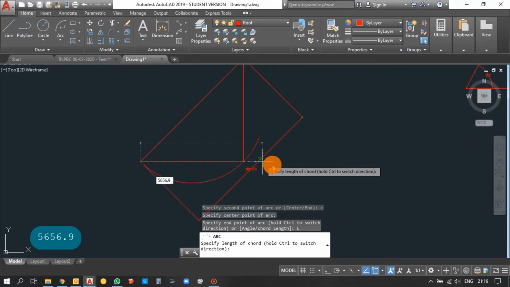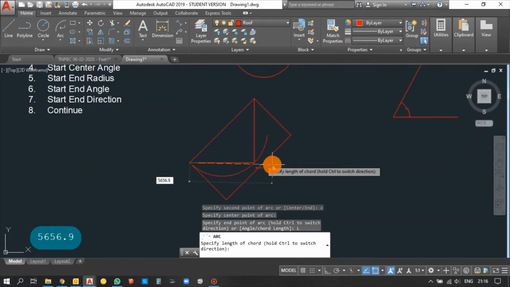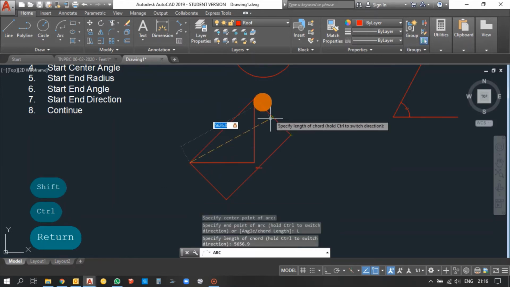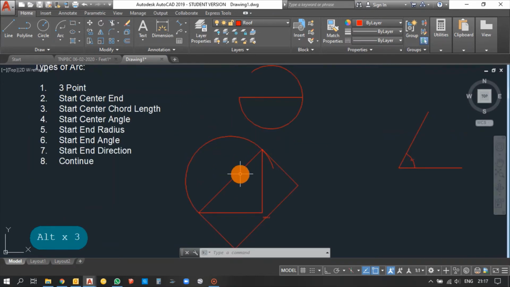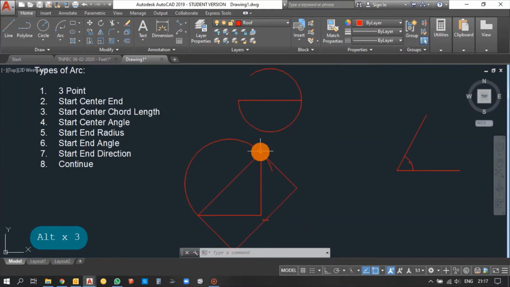In case you want to shift the direction, use Control to change its direction. Enter, so it will be placed. After placing, you can see the arc has moved to the next direction. Our arc has been created with chord length.